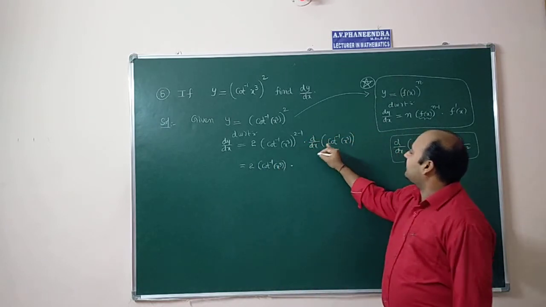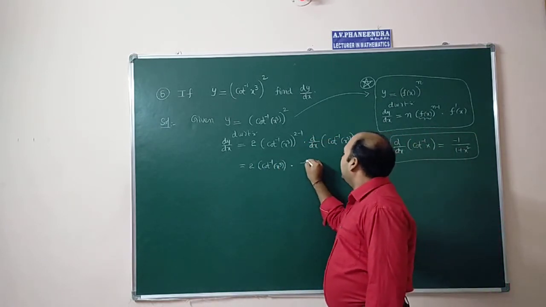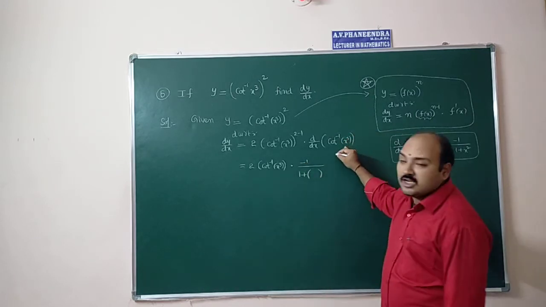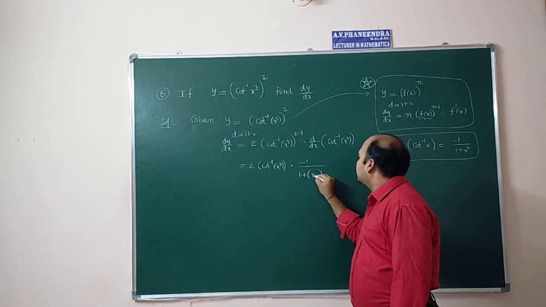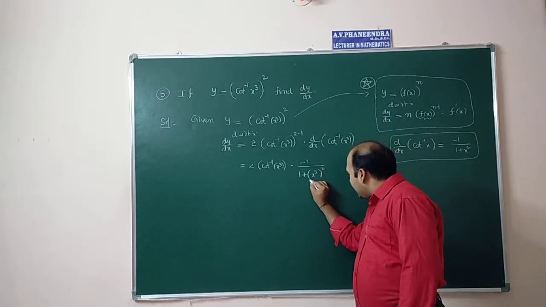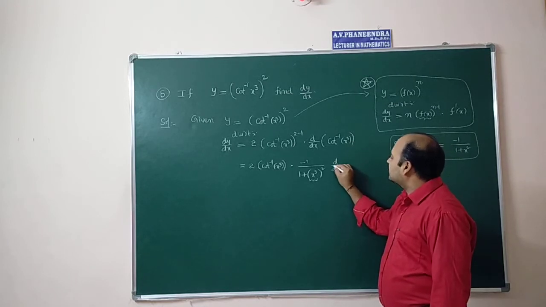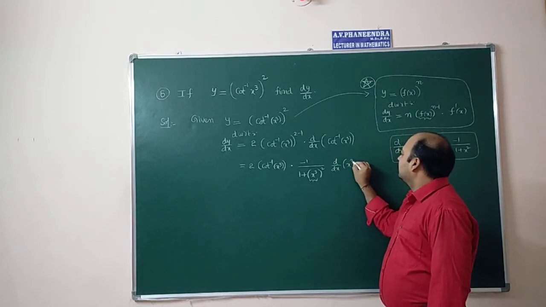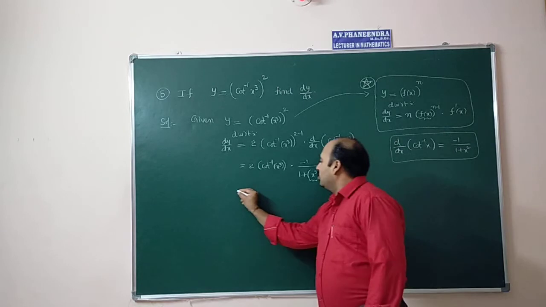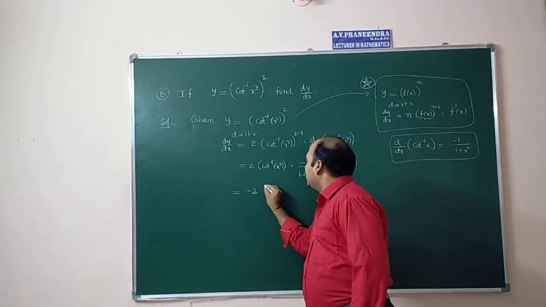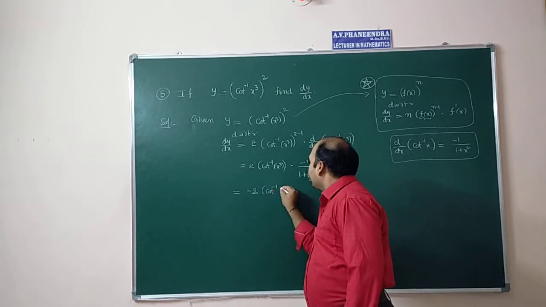into d by dx of cot inverse of x cube, minus 1 by 1 plus x square. X value is what here? X cube. X cube whole square. Again this function is involving that x cube, we have to differentiate d by dx of x cube. Now minus 1 into 2, minus 2 into cot inverse of x cube